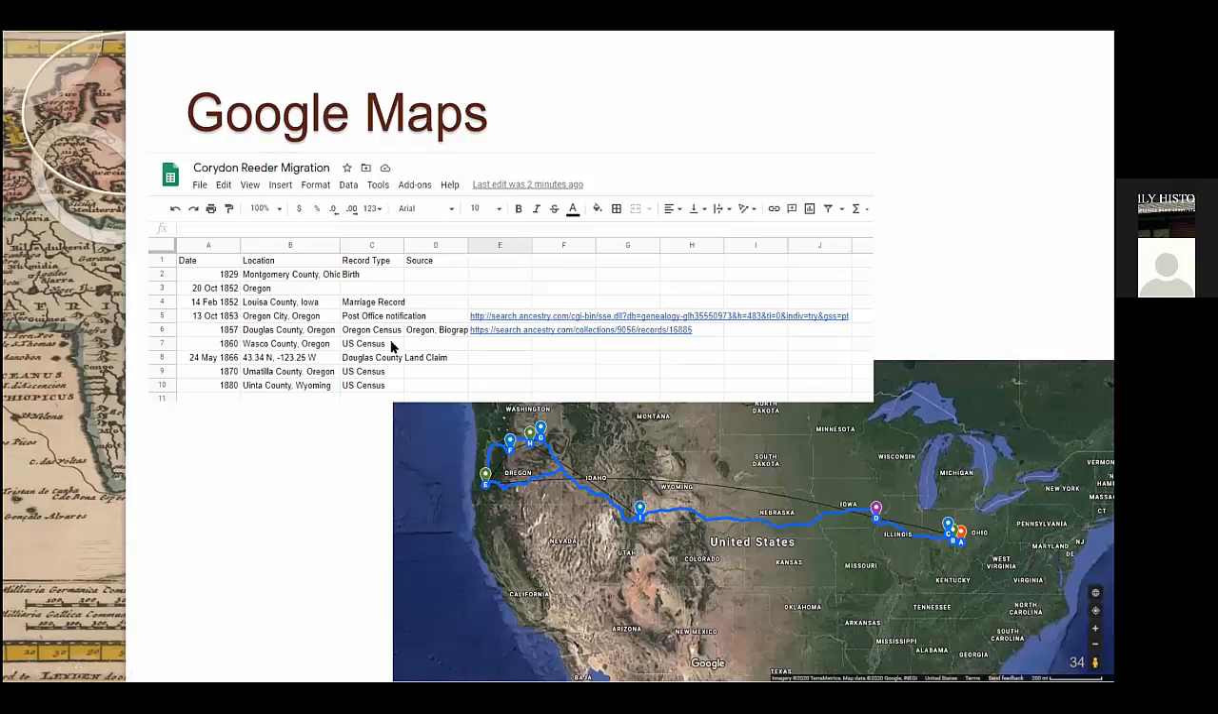You can see I have a state census in there, a U.S. census, a county land claim, and so on. And then over here, I've got links to some of those documents. So I've imported that data in just as I did with the other data. I went in, hit the three little hamburger menu. I went to My Places. I created a map. I imported the data. And then I told it to track